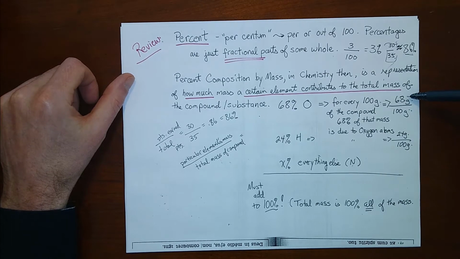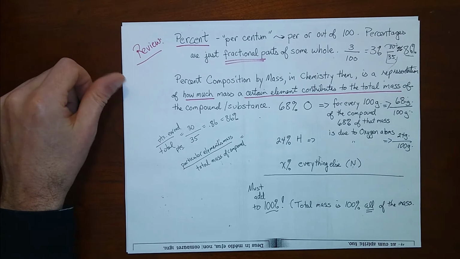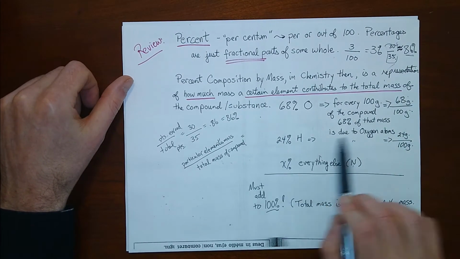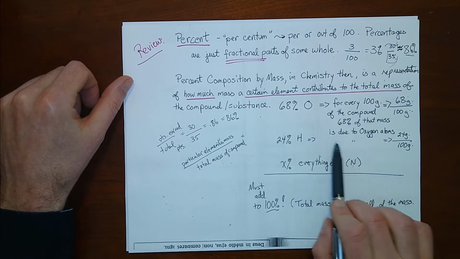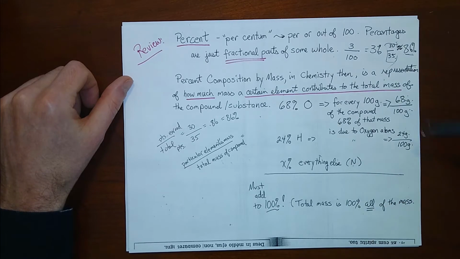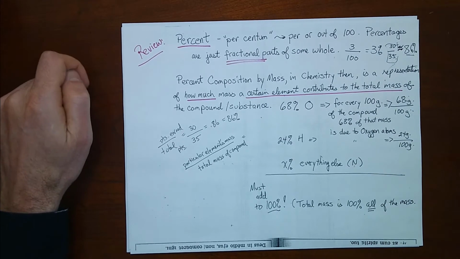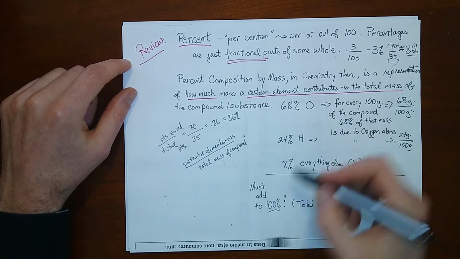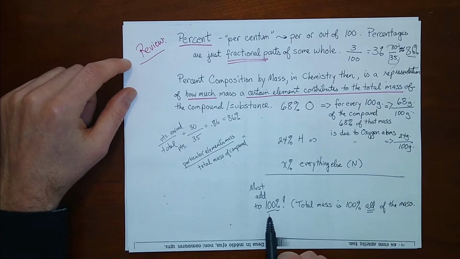The oxygen is going to take up 68 grams out of that 100 grams. It is 68% of that total mass. And let's say it's 24% hydrogen. So the mass due to the hydrogen's contribution to the total mass is 24 grams out of 100. And if I'm analyzing all of the elements in a compound, this must always add up to 100%,